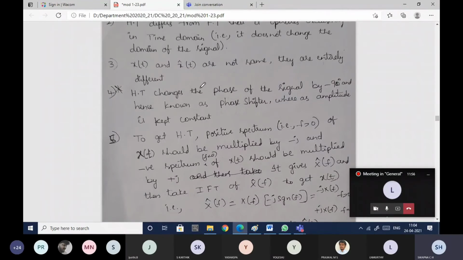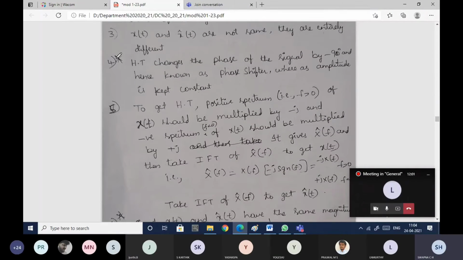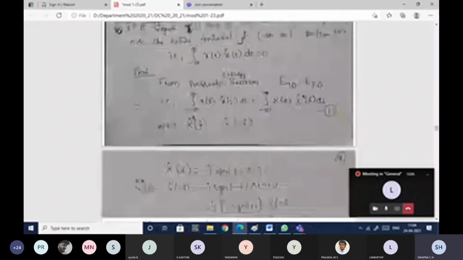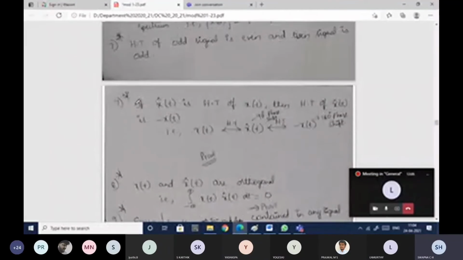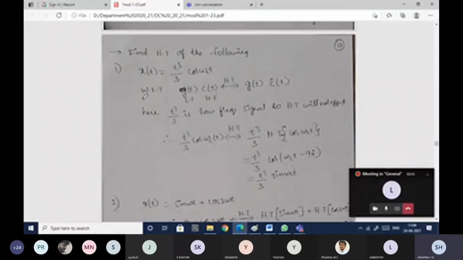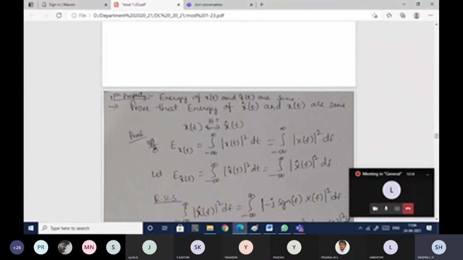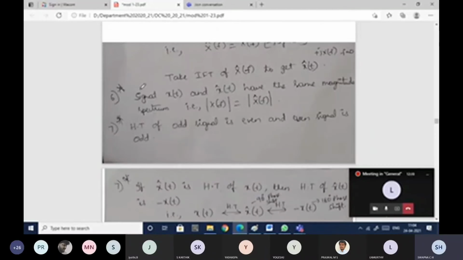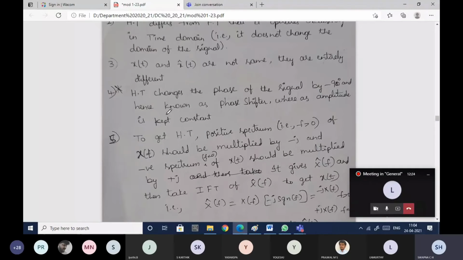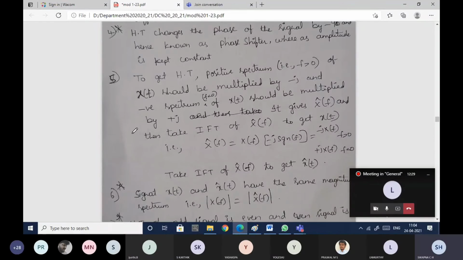In the exam you have to write all the properties, and most importantly, whatever star I have put, all those properties are very important with proof. Few proofs which are required and which they'll ask in the exam, all those proofs I've already derived. Let us see those proofs also along with the properties. The fourth property is, as you know, Hilbert transform is nothing but a phase shift by 90 degrees.